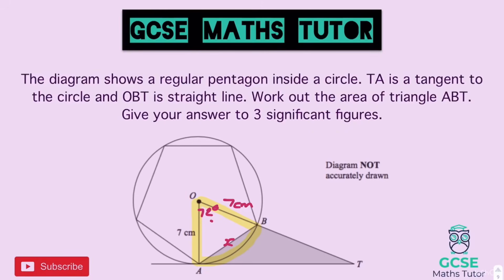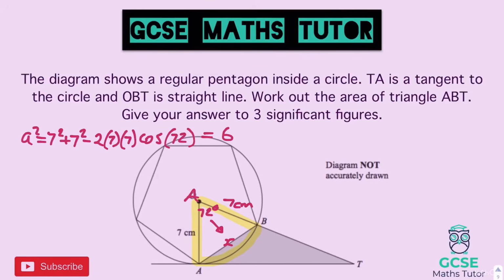So we can use the cosine rule for that again, just like the last question we looked at. So that's opposite the 72, so this would be my big A. So we could do A squared equals 7 squared plus 7 squared, b squared plus c squared, minus 2bc, so 2 times 7 times 7 cos 72. There we go, so let's just see what we get here. So working that out, we've got 7 squared plus 7 squared minus 2 times 7 times 7 times cos 72, and that gives us